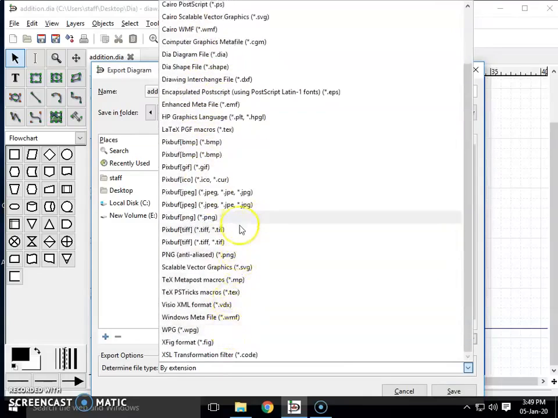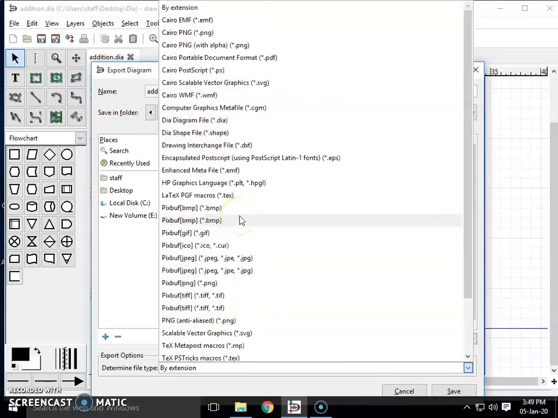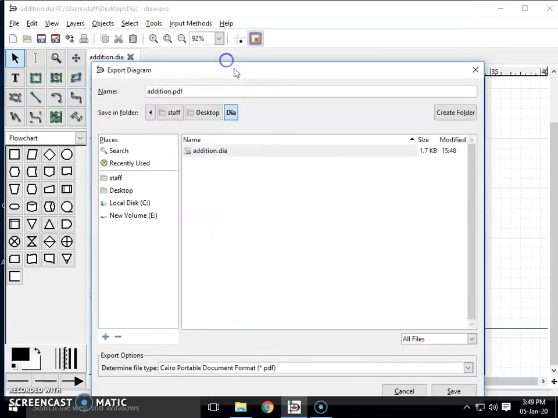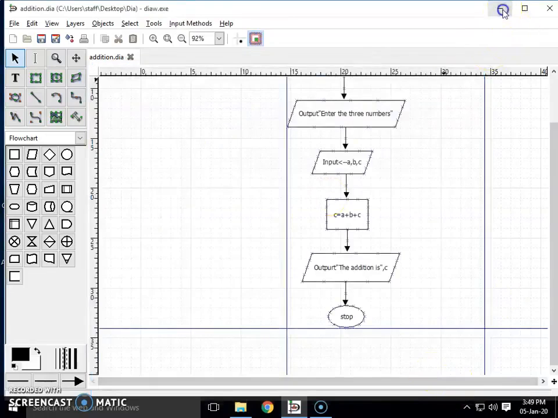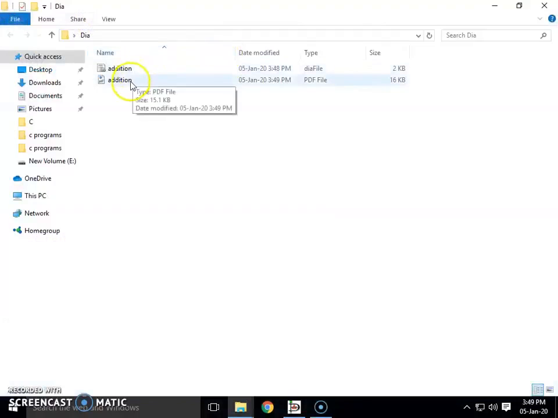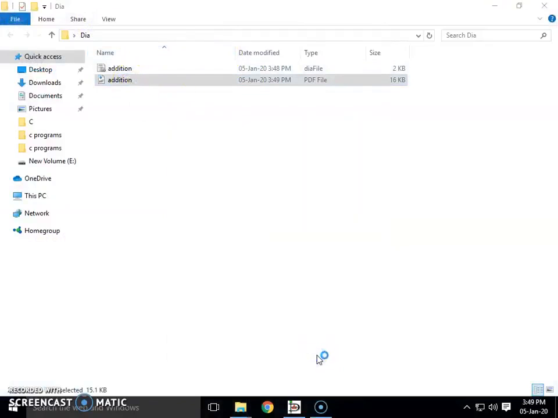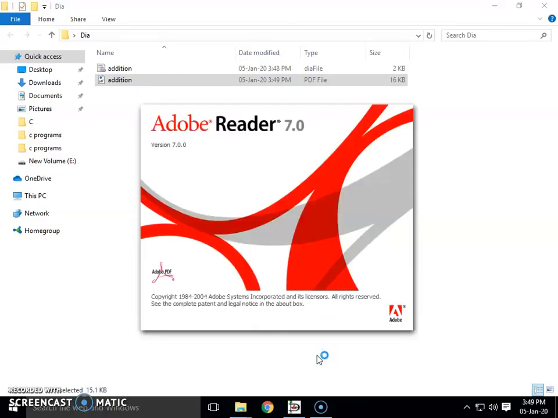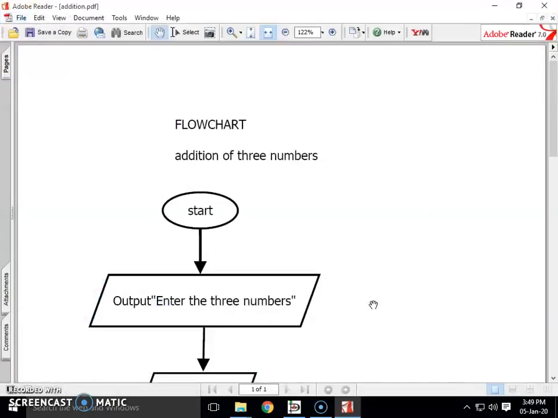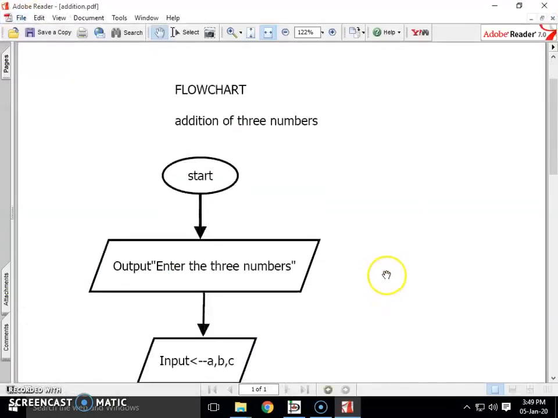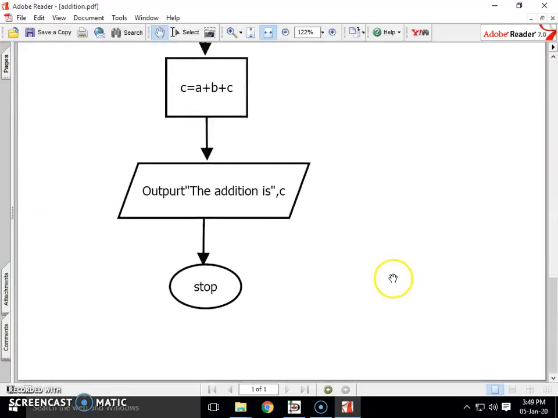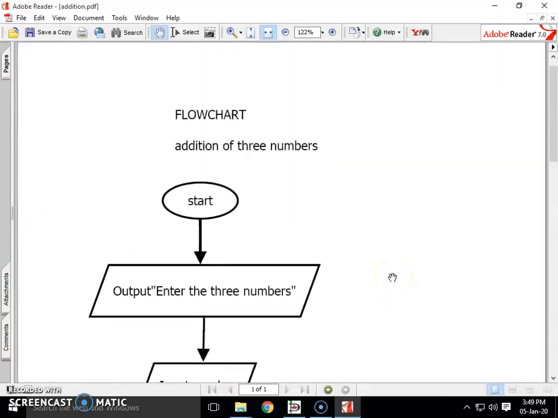So generally we want it in PDF form. As I want it in PDF form, there is one option there, PDF. Just click on that PDF option and say save. As soon as you save it, a file in PDF form will be created in your folder. If you double click on that file, you can use Adobe Reader for opening that PDF. As you can observe, the work that we had created is exported into PDF format now, and the file is created in PDF. You can use it elsewhere,